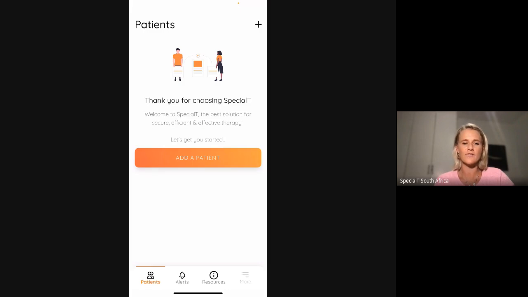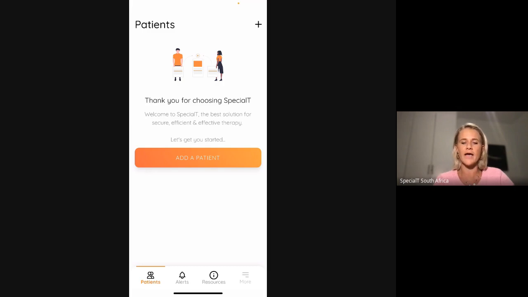Another reason why we have changed this and why we have added this to version 2 is that it makes sure that the client and the patient are engaged in the process from the beginning of the referral. We find that it is really important to add the client from the minute you get that phone call that the client would like some therapy. So as you get that call and the client says, "Can my child please come for therapy?" you send them the invite link straight away and say, "Please, can you create a profile for your child or